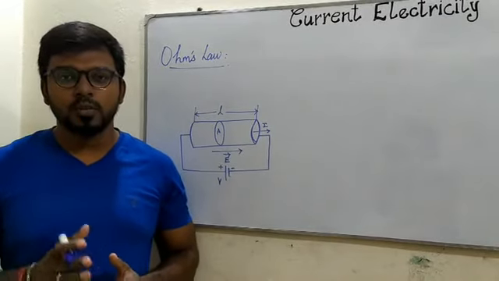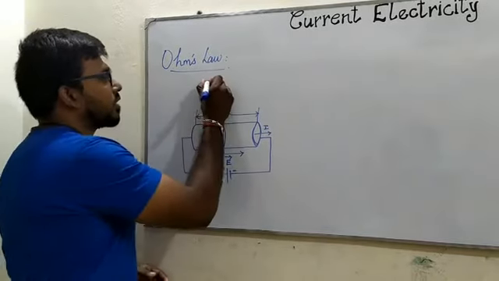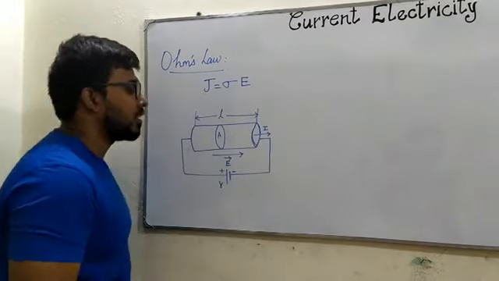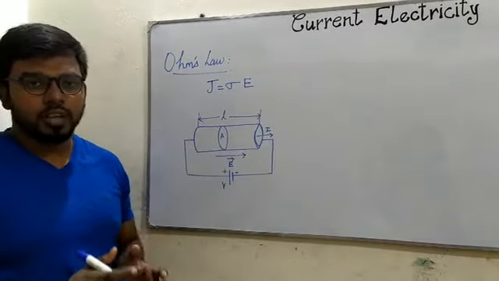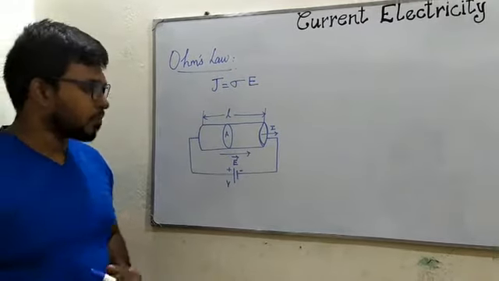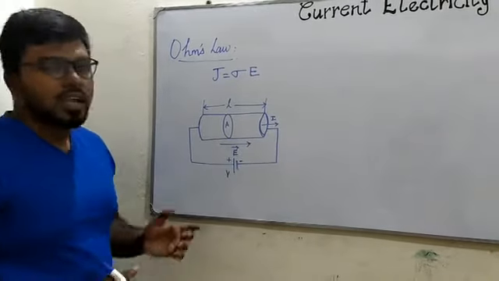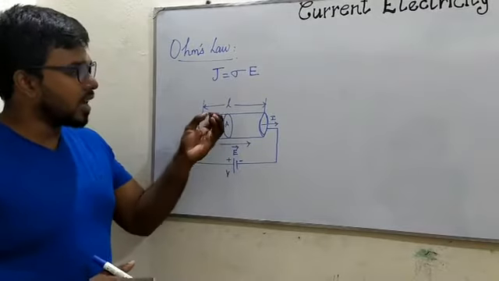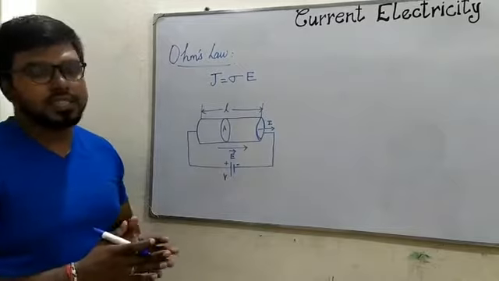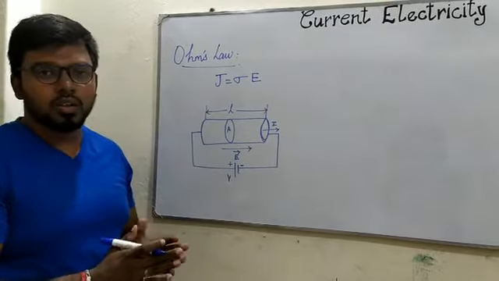Using the microscopic model of current, we can derive Ohm's law. That is, current density is equal to sigma into electric field. Take a segment of wire whose length is L and its area of cross section is A. When a potential difference V is given across the wire, an electric field is induced, which indicates current flow in the wire. For simplicity, let us take the electric field to be constant all along the segment